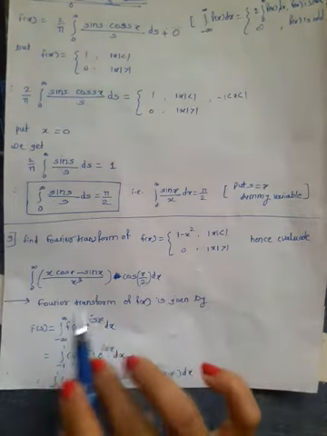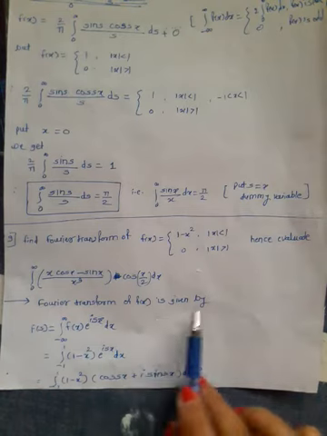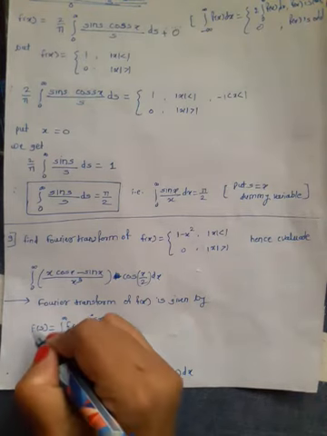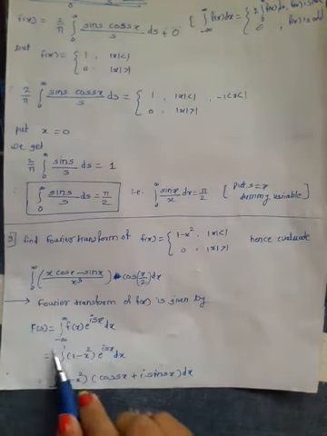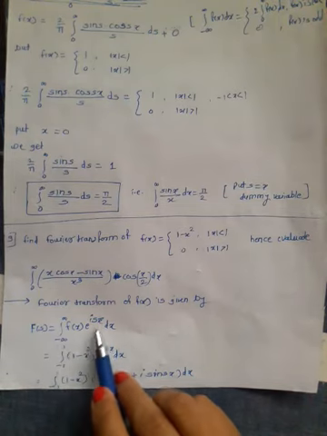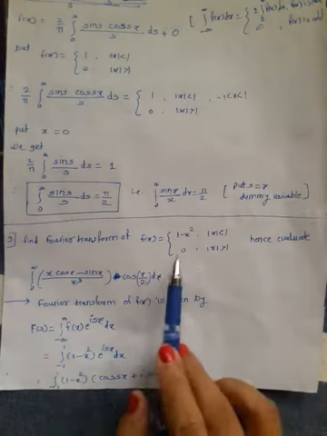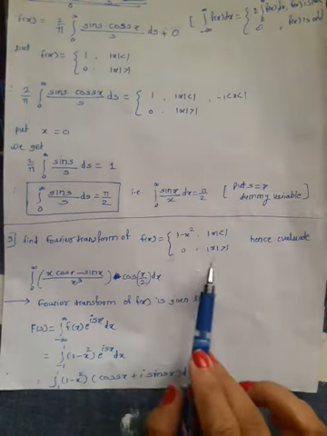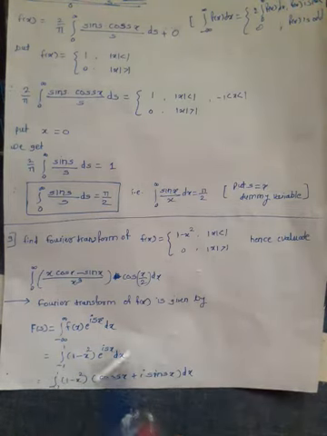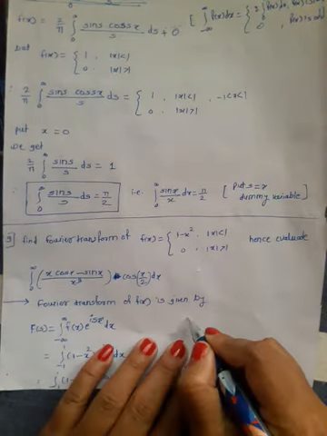It is the same as the earlier example. The Fourier transform of f(x) is given by F of s, integration from minus infinity to plus infinity f(x) e raised to isx dx. Now put the value of the function here. We know the function is given in the form of an interval. Minus 1 to 1 is the only limit here, because